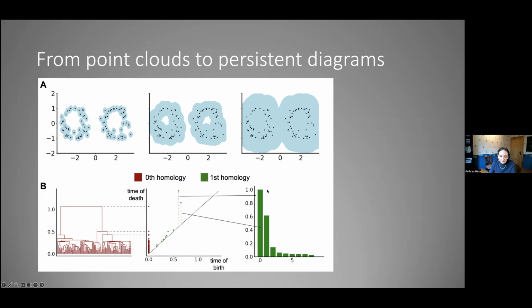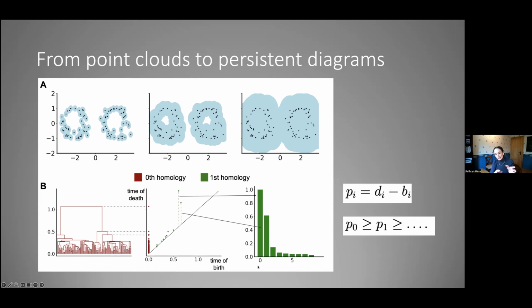Then one can translate this into looking at the total persistence of these classes, the time between birth and death. So what we will call the i-th persistence is the difference between the time of death of the i-th class and its birth. And here the order is given by the total persistence, so P0 greater than or equal to P1 and so on. So this would be P0, P1, P2, and so on. This is just a sequence of numbers that one can extract from a point cloud like this that are actually very revelatory of the geometric structure and potential circular structure of such point clouds.